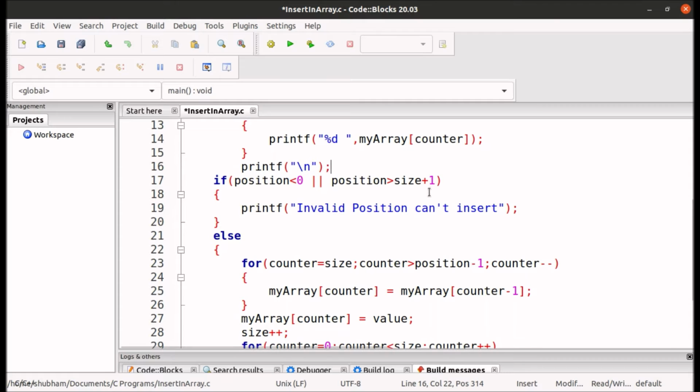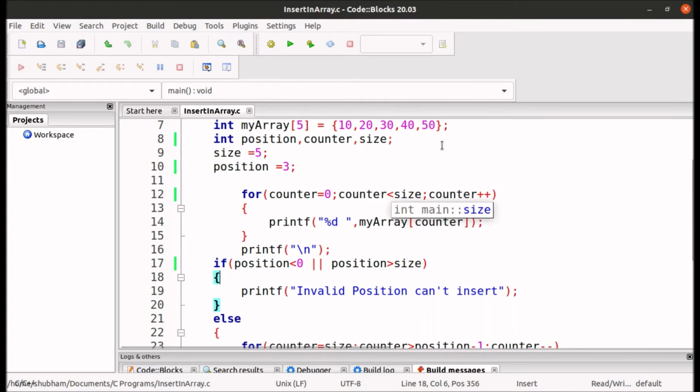And similarly, we can't delete the element after the size of array. If array is having five elements, then we can't delete the 6th element. So this part of code is checking if a position entered by user is valid position or invalid position. It will say that the position is invalid, so we will not delete, and change the message from can't insert to can't delete.